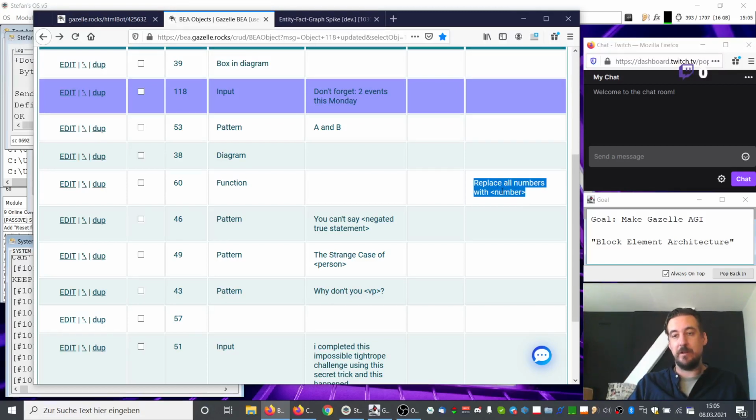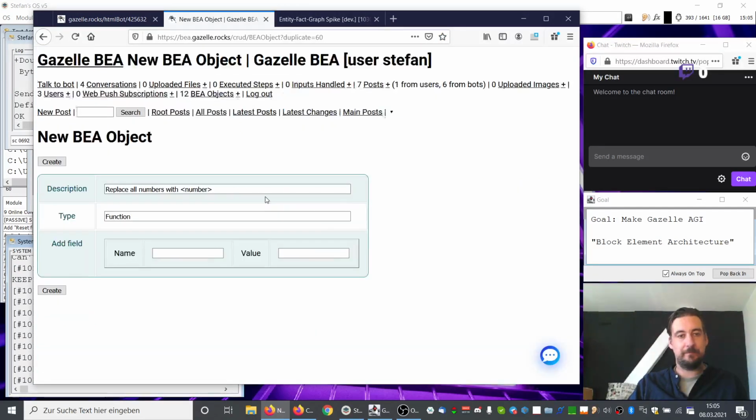This is a function definition in English, and we would have to convert this to some kind of code, which we could also put in the database. Maybe we can do that right now. We take this here and duplicate it. As you see, we can add our arbitrary fields. The result is also a function. Let's put code in here. What is it in JavaX? I think it's something like